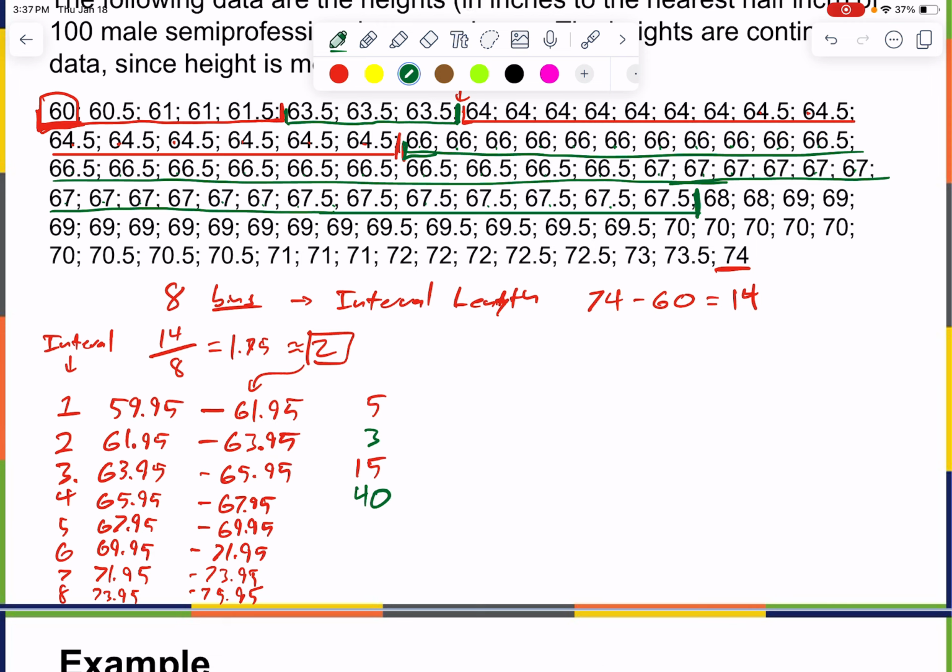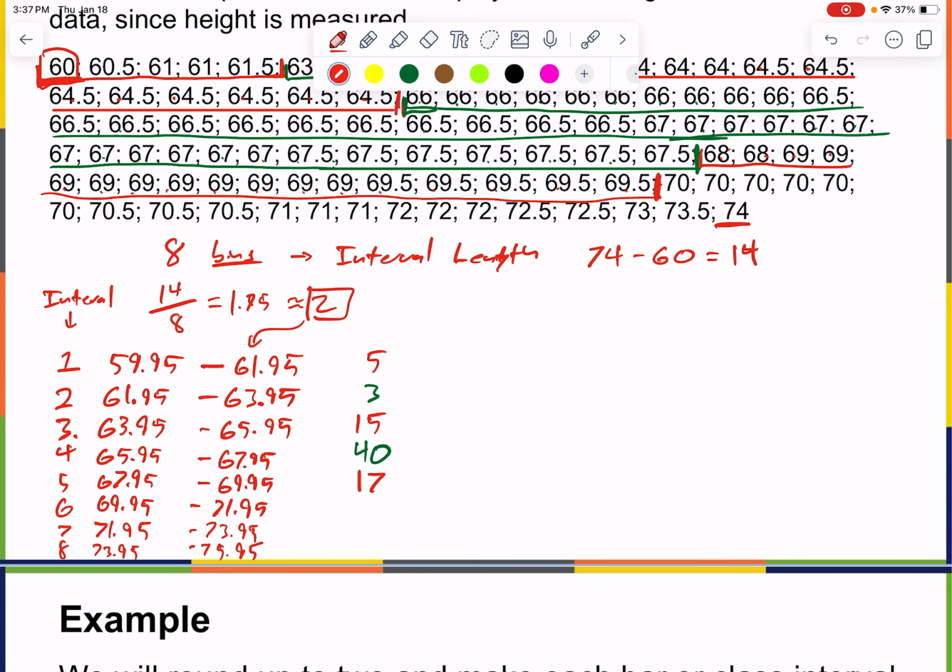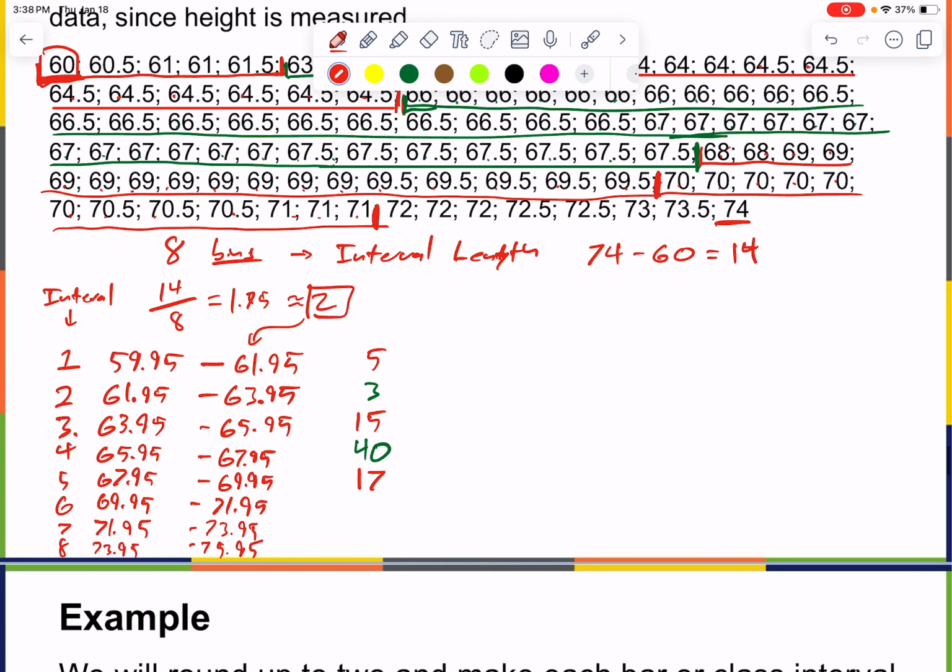Okay, then next is bin 5. Let's go back to red. 68 all the way to 69.95. So that includes all the way to here. 1, 2, 3, 4, 5, 6, 7, 8, 9, 10, 11, 12, 13, 14, 15, 16, 17. So I've got 17 there for that one. Okay, I've got 3 more. That's 69 to 70, 70, 70, 71. Okay, right there. So that's 12. And then the 72,